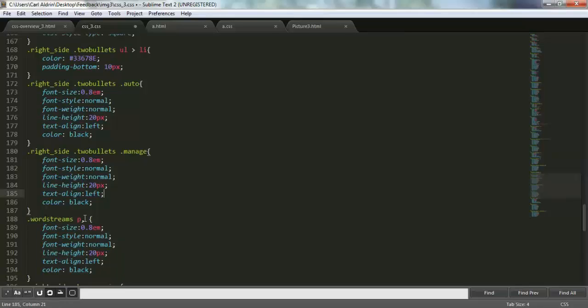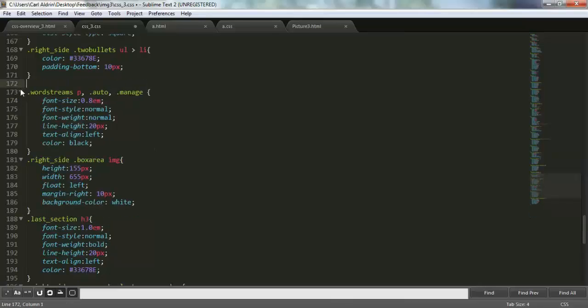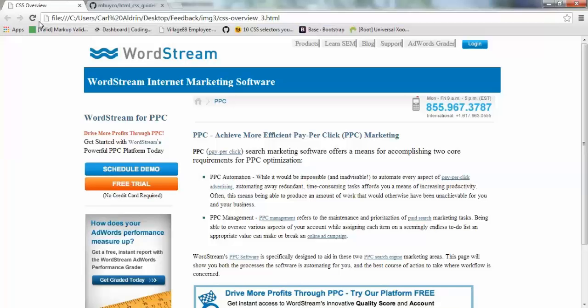So I will put that auto first and that manage in the similar block of code. Then we can delete these blocks and have the same output.